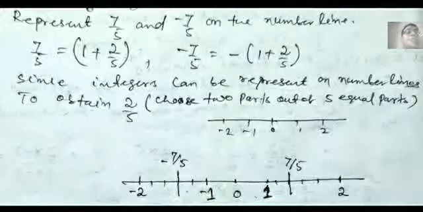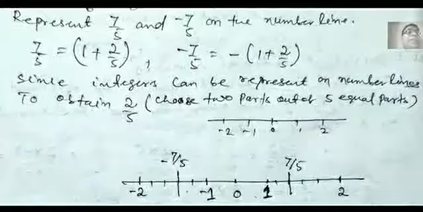Now, for representing on the number line, as you know, the number line shows only integers. So draw a number line showing 0, 1, 2 and minus 1, minus 2, etc. on both sides. Now find out the position of 1. If you take 1, it will be on the right side. If you take the negative, minus 1, it will be on the left side. So 1, after that 2 by 5.